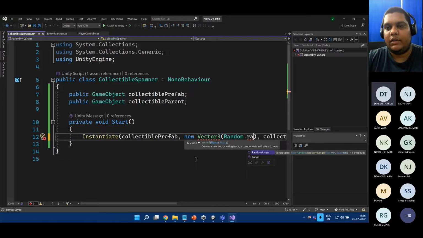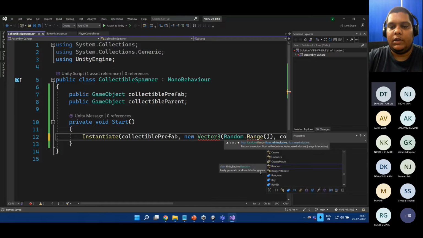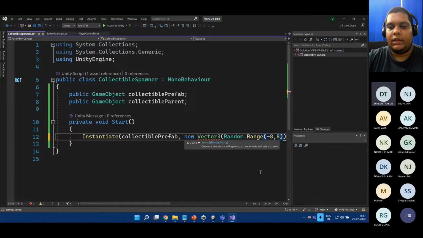There was an old function called Random.Range which is now deprecated, so you can use just Range, and the range returns a random float within the minimum and maximum value that we define. And these both values are inclusive. So let's say I give Random.Range and then I give -8 to 8,